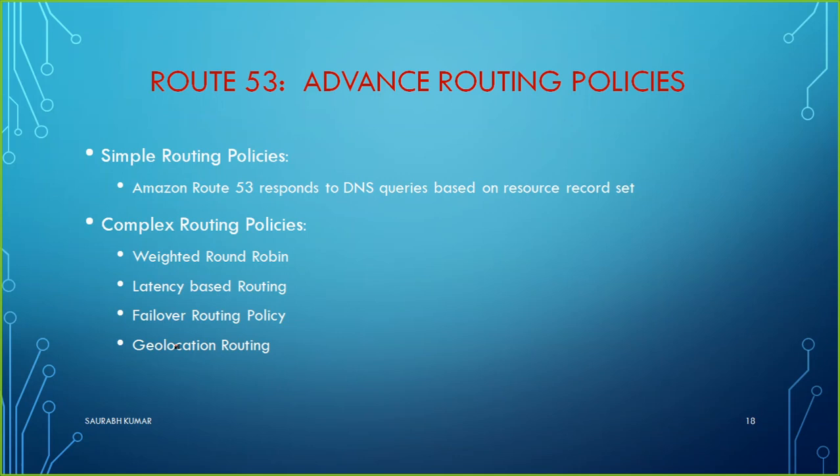The next point is what the routing policies are. As I mentioned earlier in today's lesson, there can be a simple routing policy, like if you are using a Windows DNS server, what do we have there? We generally have the simple routing policy. You just put the DNS name there, you just add the record there, and on the basis of that, it just resolves the query. That's it. It doesn't check where you are requesting from or anything else. But now we have complex routing policies as well: weighted round robin, latency based, failover routing policy, and geolocation routing.